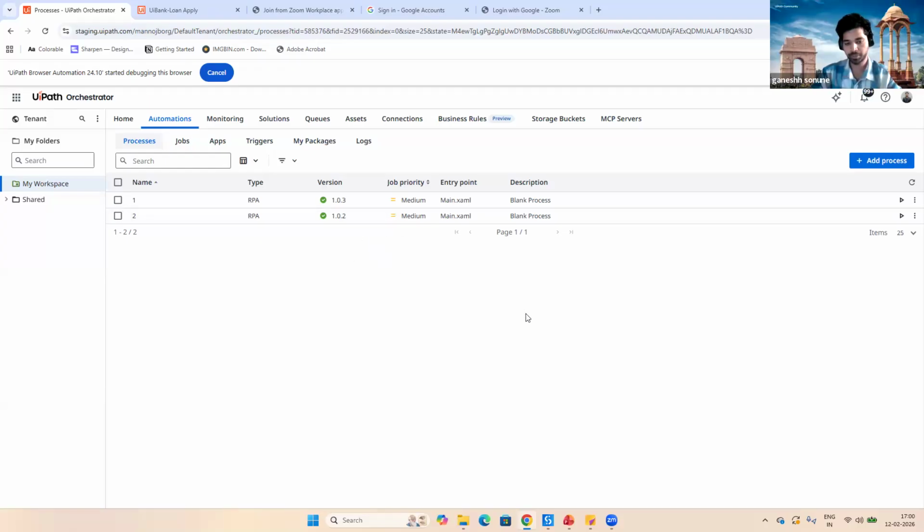What we did, we uploaded those selectors over here, and we upgraded the version. So whatever changes we have done in the object repository will reflect in this version, and that will work fine in the production environment. So that is the main purpose of that. So we can use the object repository and upgraded versions in UI with the use of this environment. So that's it from my side.